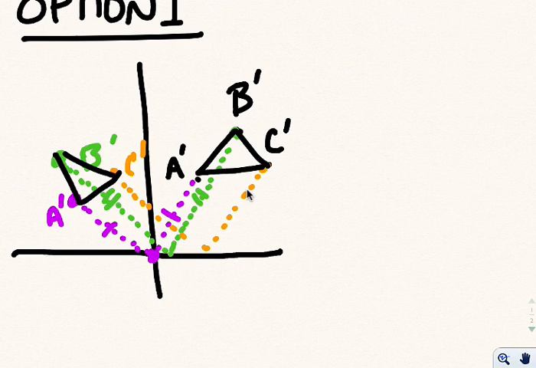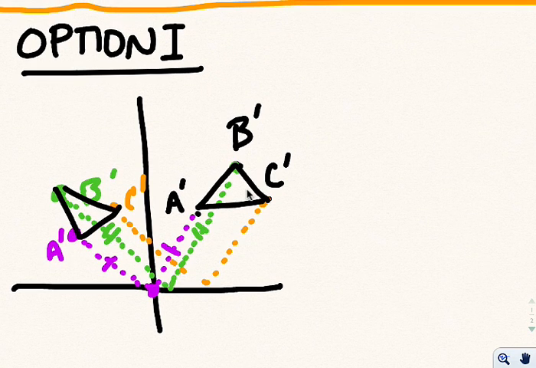Not to scale, but that's one version of how you could reflect more than one point, in this case a triangle, okay? And there's lots of validity here that might actually be true. Like, for example, I can see that this distance, and I'll highlight it, this distance BC is consistent